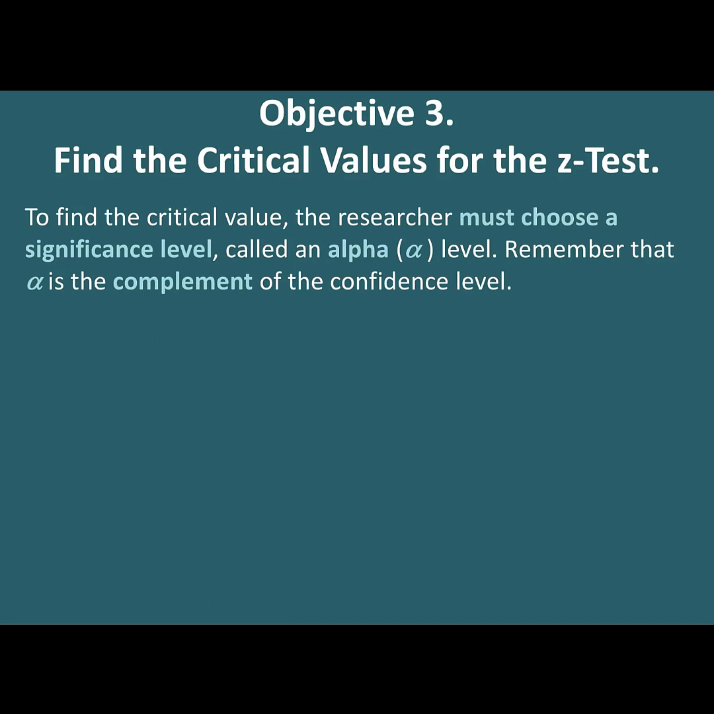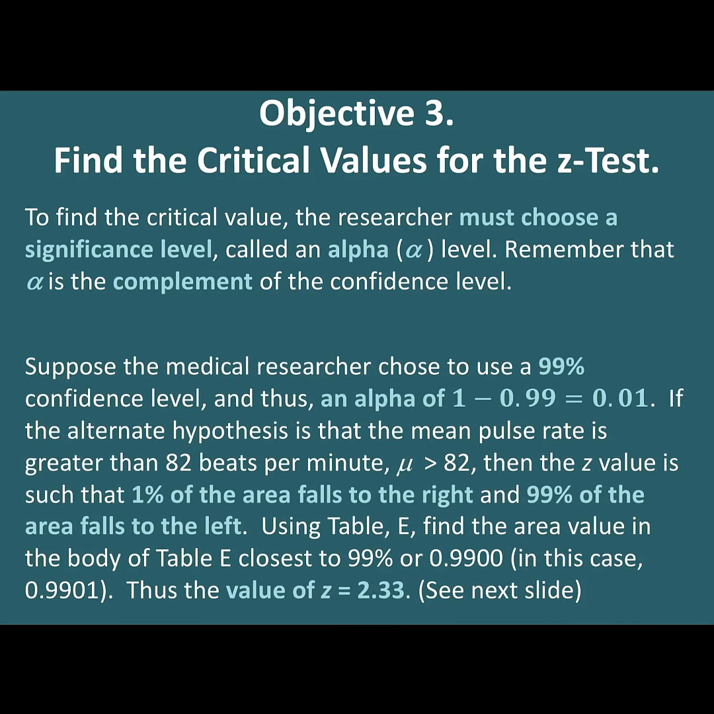To find the critical value, the researcher must choose a significance level called an alpha level. Remember, though, that alpha is the complement of the confidence level. So to find alpha, you must subtract the confidence level from 1. Suppose the medical researcher chose to use a 99% confidence level, and thus an alpha of 1 minus 0.99, or